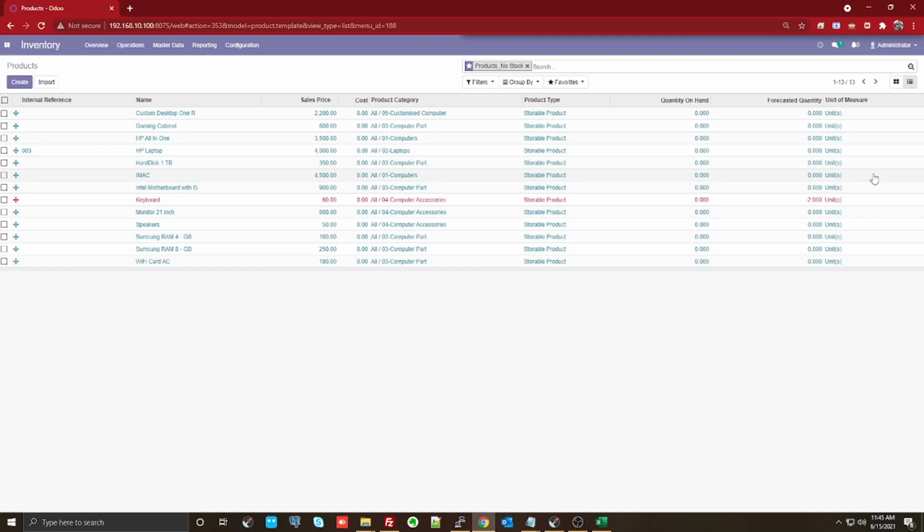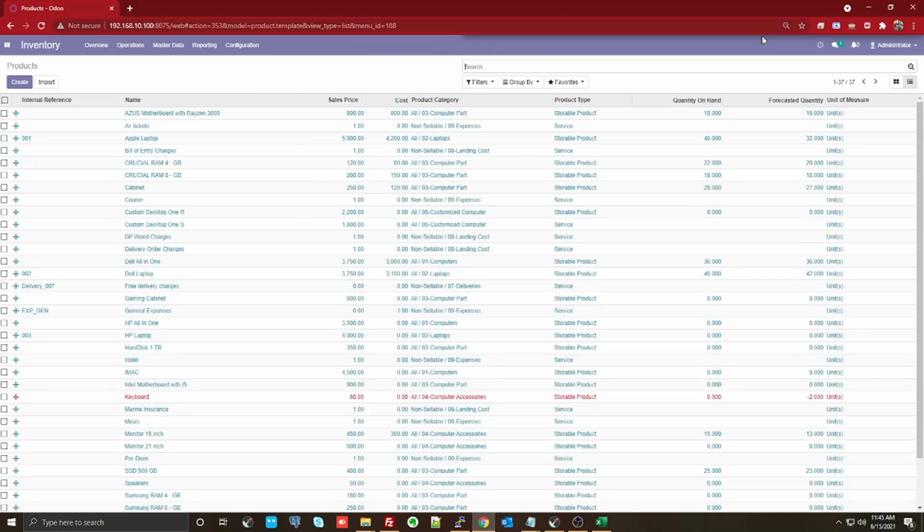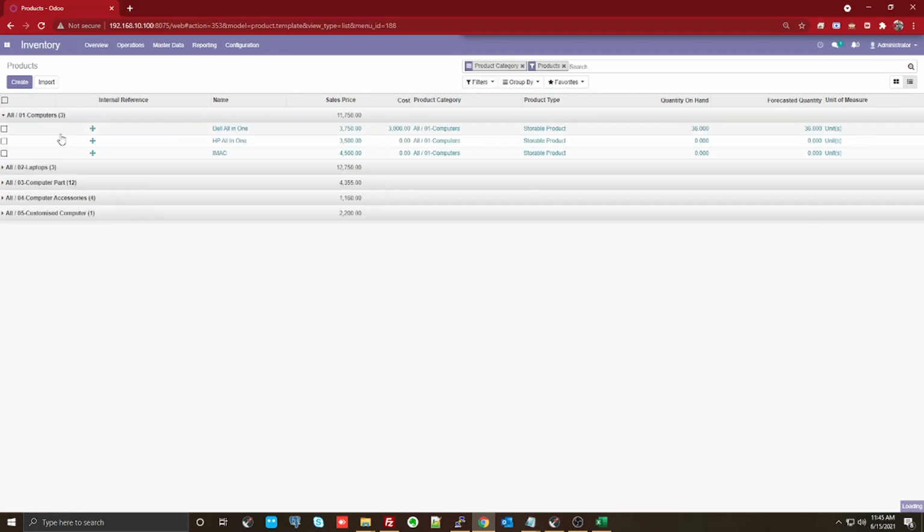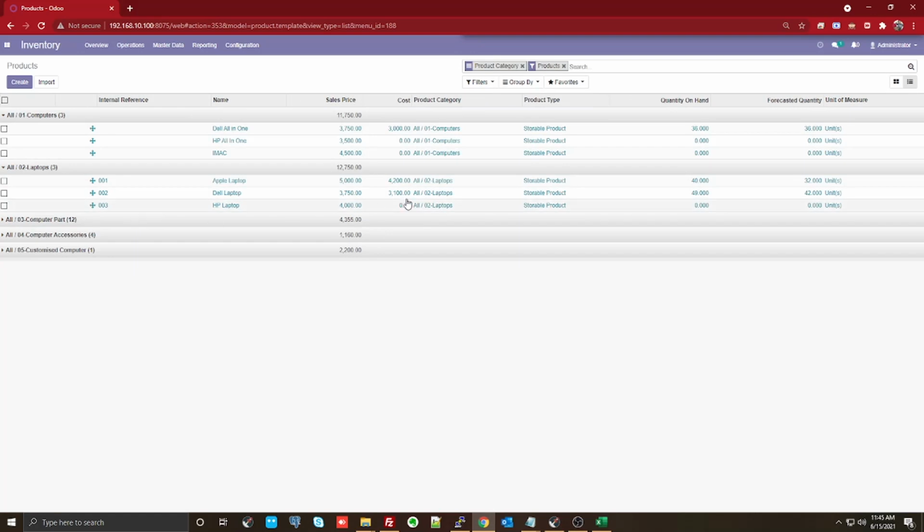So here what we're going to do is look at certain products where the cost is not there, and see how the cost is getting applied on it. You can see that this is the complete list of products. If you look at the products by category, you would be able to understand that we have some products where we have the cost price which is reflected.